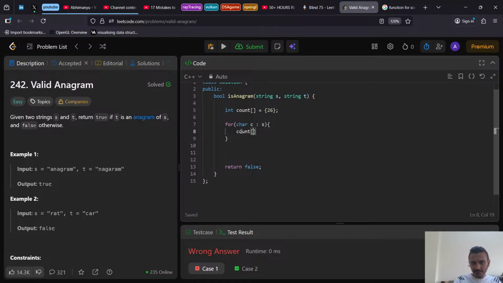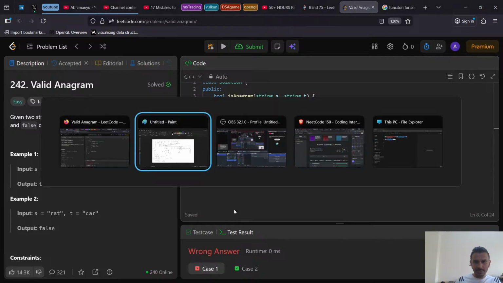What I will do is C minus A, plus C. If it's A, then the ASCII value of A minus A will give us, let's see,